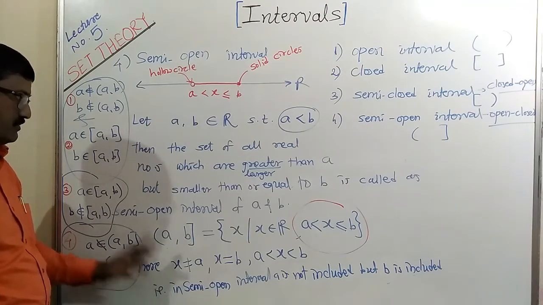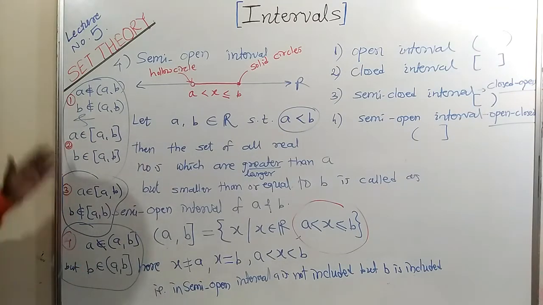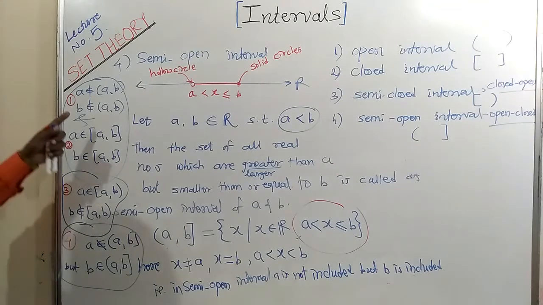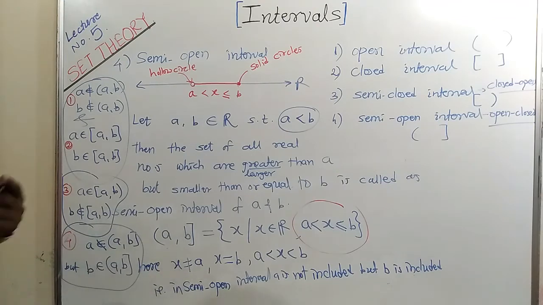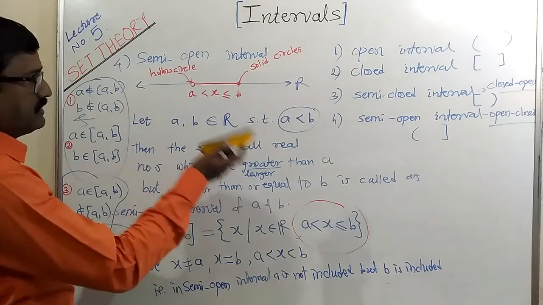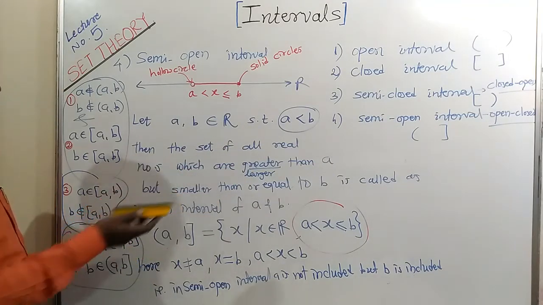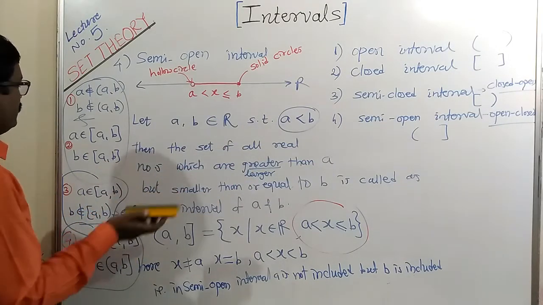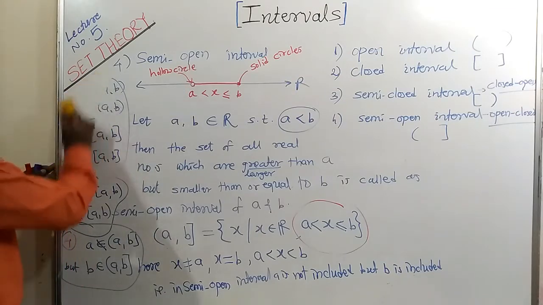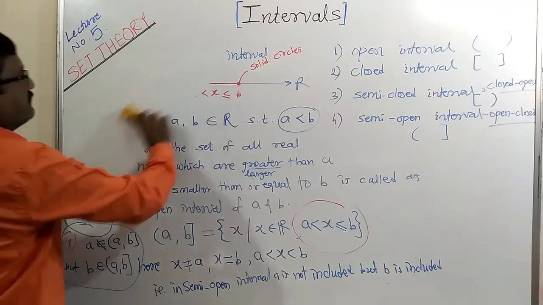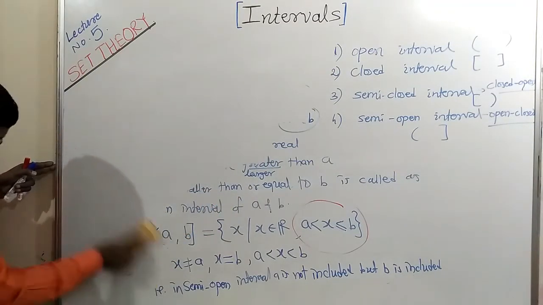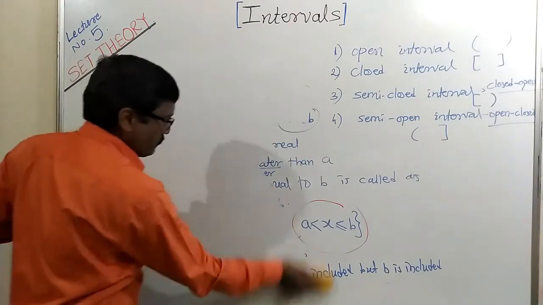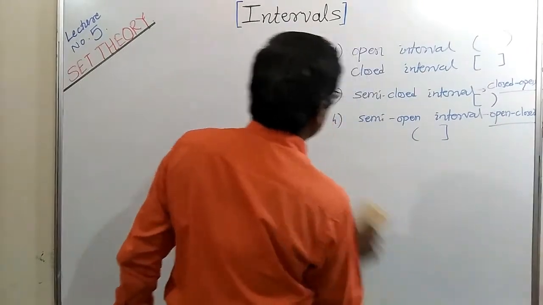Or this one also. These tell whether the first and last element belongs to that set or not, and that is also important. Let us see the remaining types. Using these four types of intervals, we can find the remaining important intervals, and those intervals are related to infinity, whether the value of x is infinity or not, that we are going to check using these intervals.